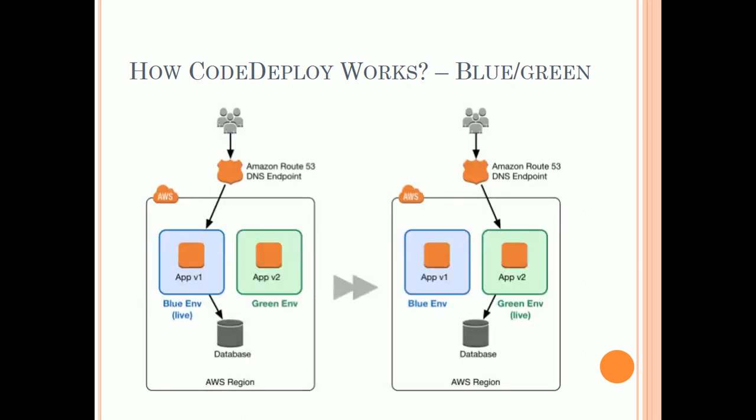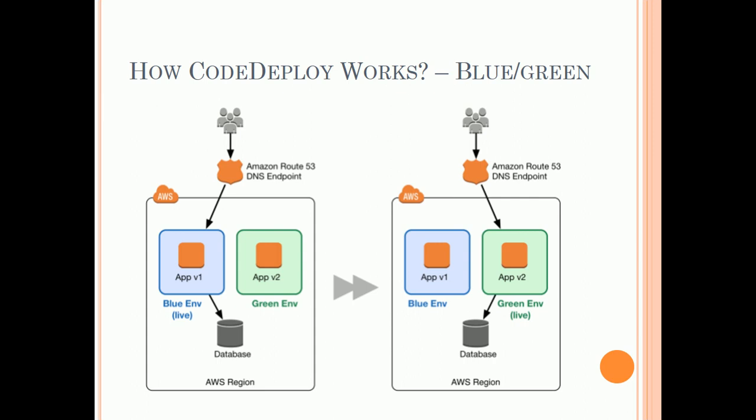We will use Code Deploy to create a deployment for the deployment group. In blue-green, the current environment is called blue and the replacement environment is called green. We can easily switch traffic from blue to green and vice versa. Here when we deploy any app through blue-green deployment, instances are provisioned for the replacement or green environment. The revision is installed on these instances residing in the green environment.